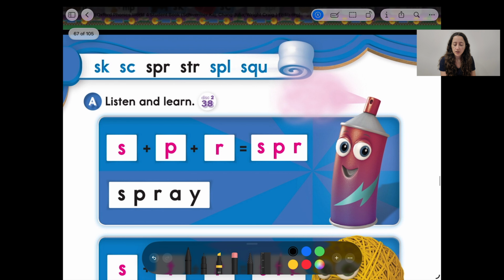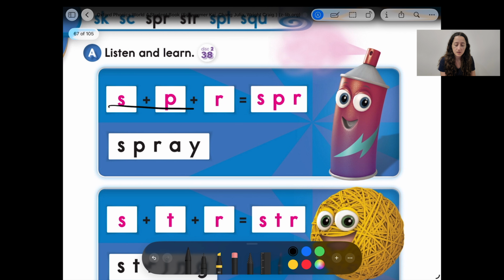Fine, well done. The next one. Here we have three consonants together. So,